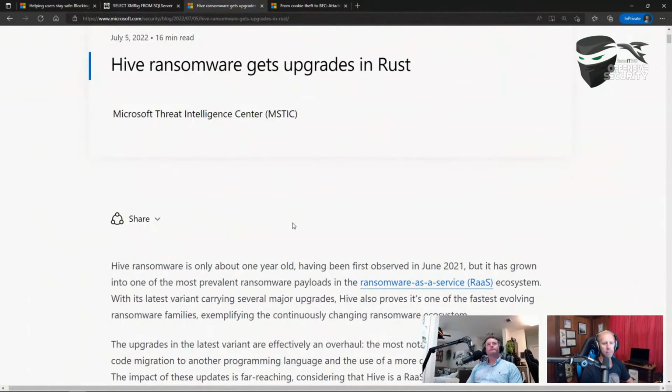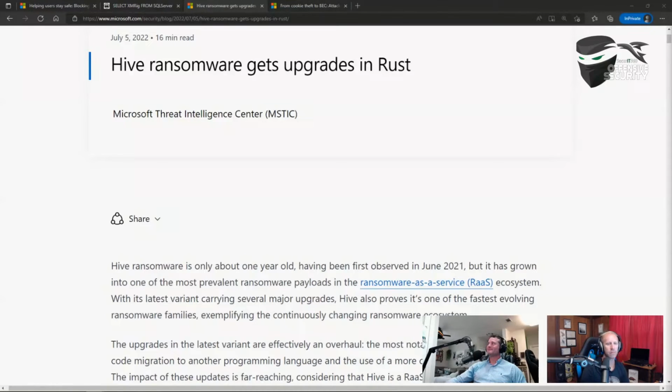The next one is Hive Ransomware. At the top of the show, I called it Rustomware. I'm hereby coining that phrase, Rustomware. I don't know if that's cool or not, but maybe we need a cheesy logo in Paint or something with our name on it to say Rustomware. I'm sure somebody else has used that before, but I'm stealing it. Yeah, it's yours, man.